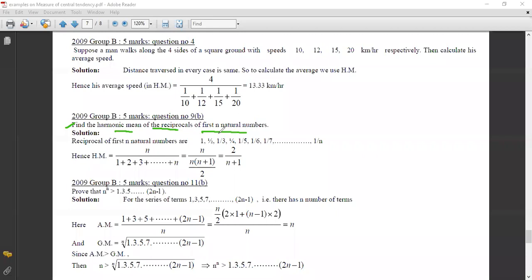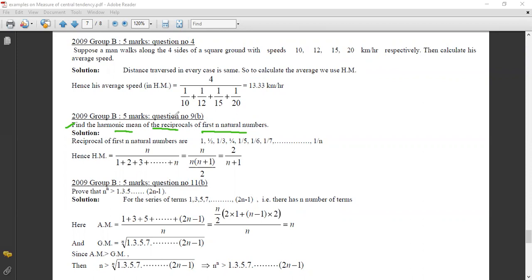Natural number মানে স্বাভাবিক সংখ্যা. Natural numbers are the numbers which are always used in our daily life or in daily calculation, like 1 rupee, 2 rupees, 3 rupees, etc. It's the standard number that is used, not fraction, not negative number. এগুলো স্বাভাবিক সংখ্যা বা natural number নয়. Natural numbers are those numbers which are used in our daily life. 1, 2, 3, যেগুলো আমরা রিয়েল লাইফে সবসময় বিভিন্ন ব্যবহারিক কাজে ইউজ করি. 1, 2, 3, 4, 5, 6, they are called natural numbers.